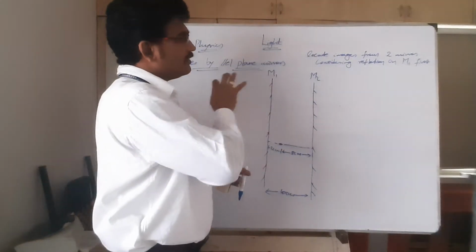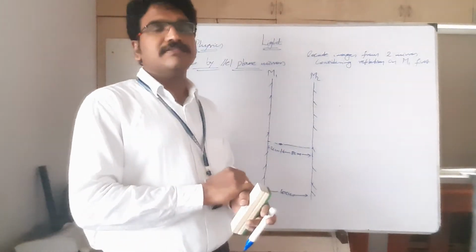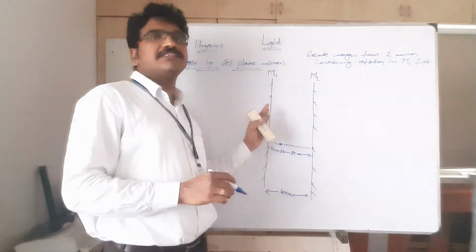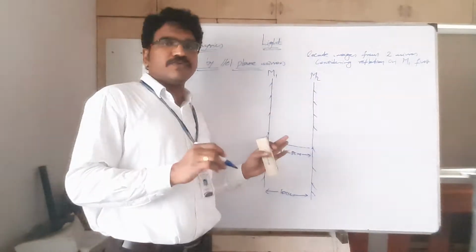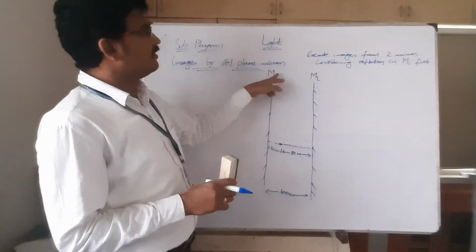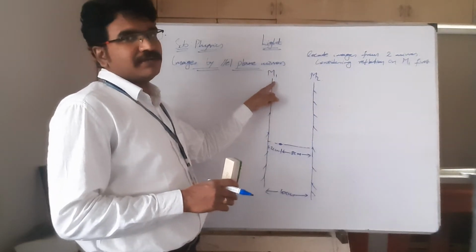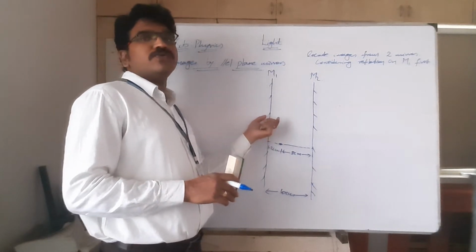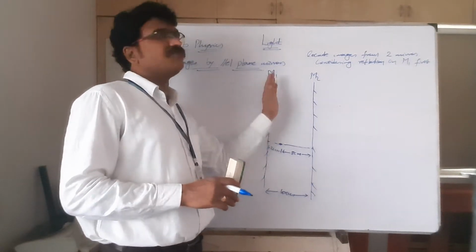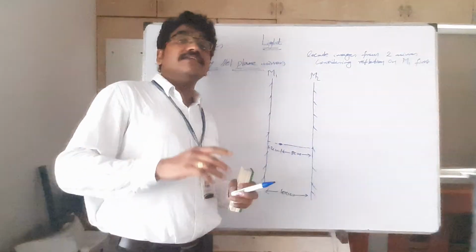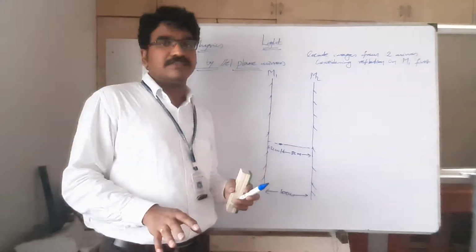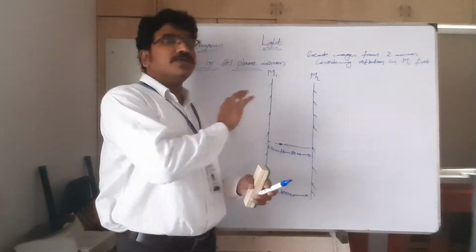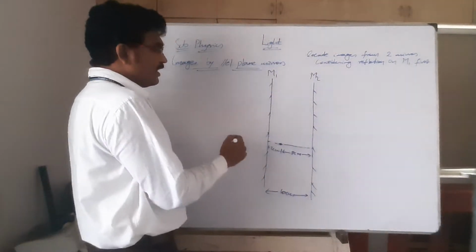And before we start these applications, one fundamental point you should understand: the image formed by one mirror is going to act as the object for the other mirror. This is what you should understand. The image formed by the first reflection on M1 is the first image. Now this image formed by M1 is going to function as the object for M2. Then this process will continue for every successive reflection. This is the condition that you have to take when you are going through this type of application. Now in the same way I am going to calculate.